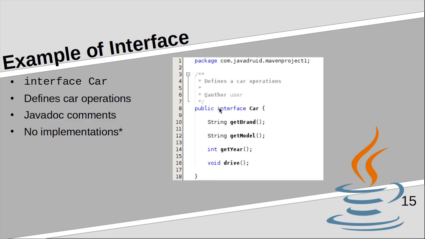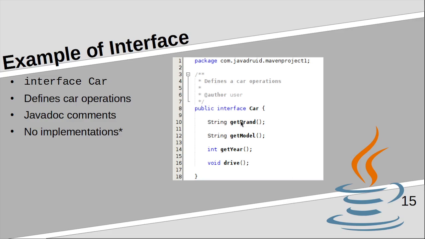Now, interface. The interface here means, because you saw in the previous class it was a class, now this is an interface. The interface defines which functions a class can have.